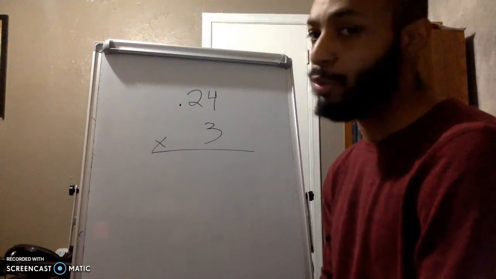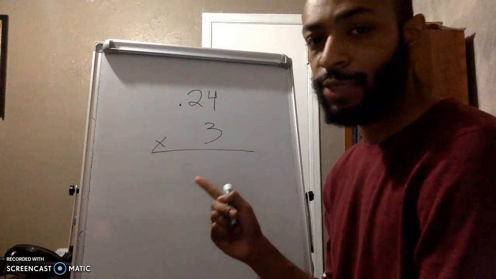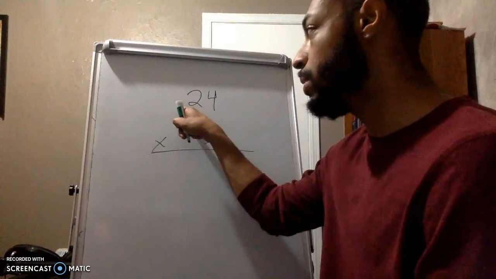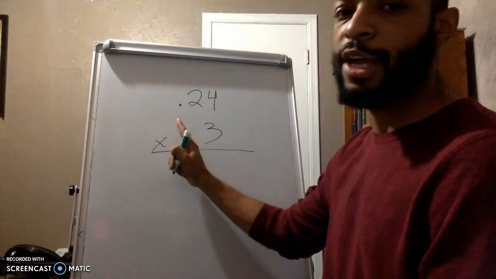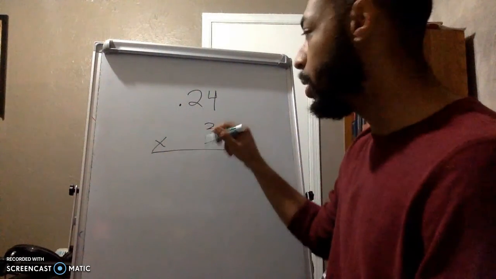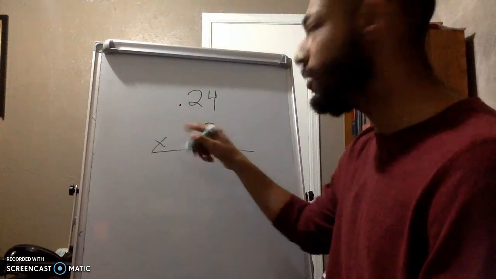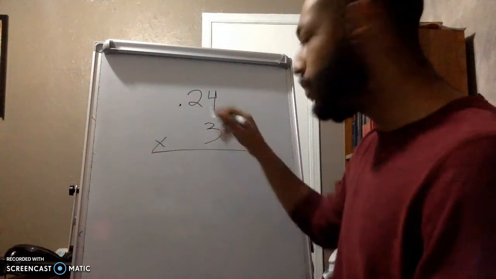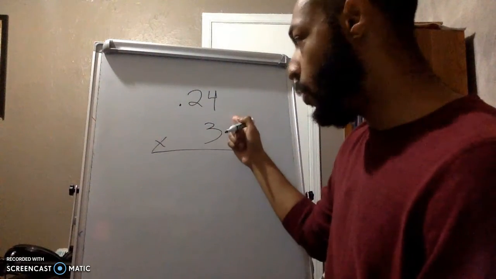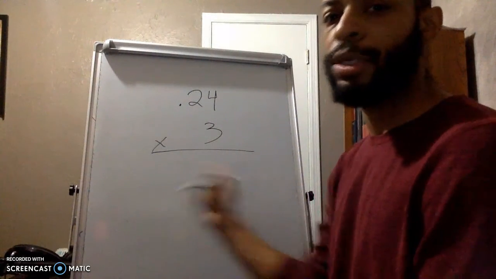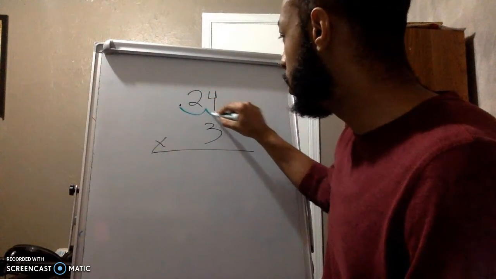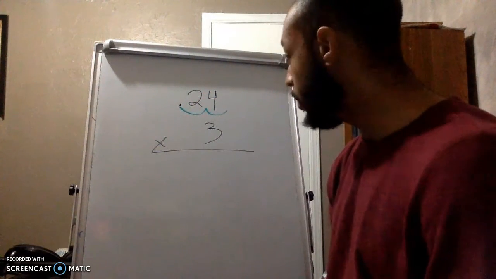All right, for our final problem of this, we're going to do a decimal times a whole number. To start this off, this decimal kind of confuses me. It being right here just kind of throws my whole problem off, and it looks really foreign and very weird. So, in order to make it look like a regular multiplication problem, I can just move the decimal out of the way for now, and then once I get my equation, I'll move it back in. So, we're going to move it 1, 2,